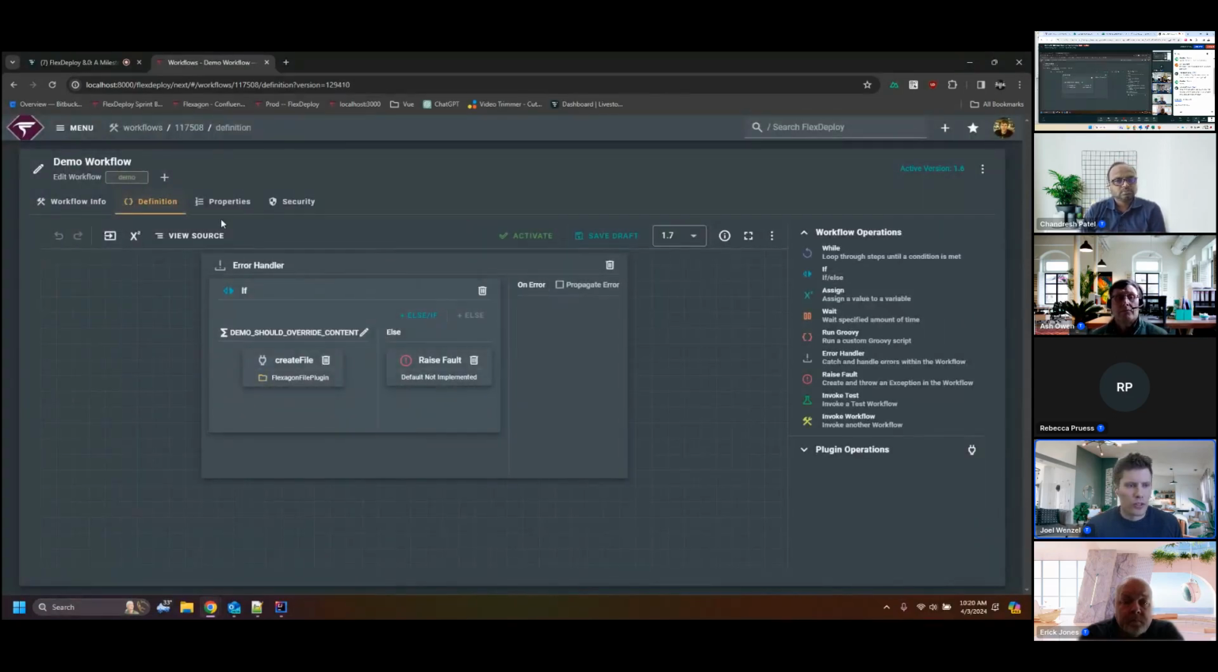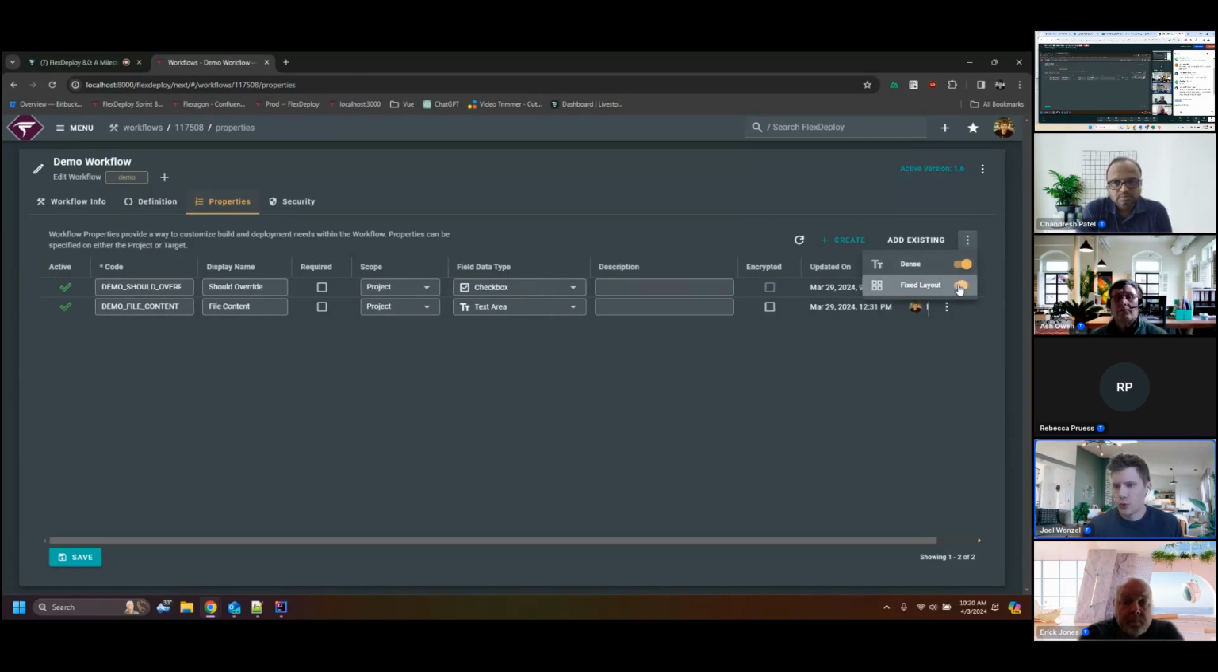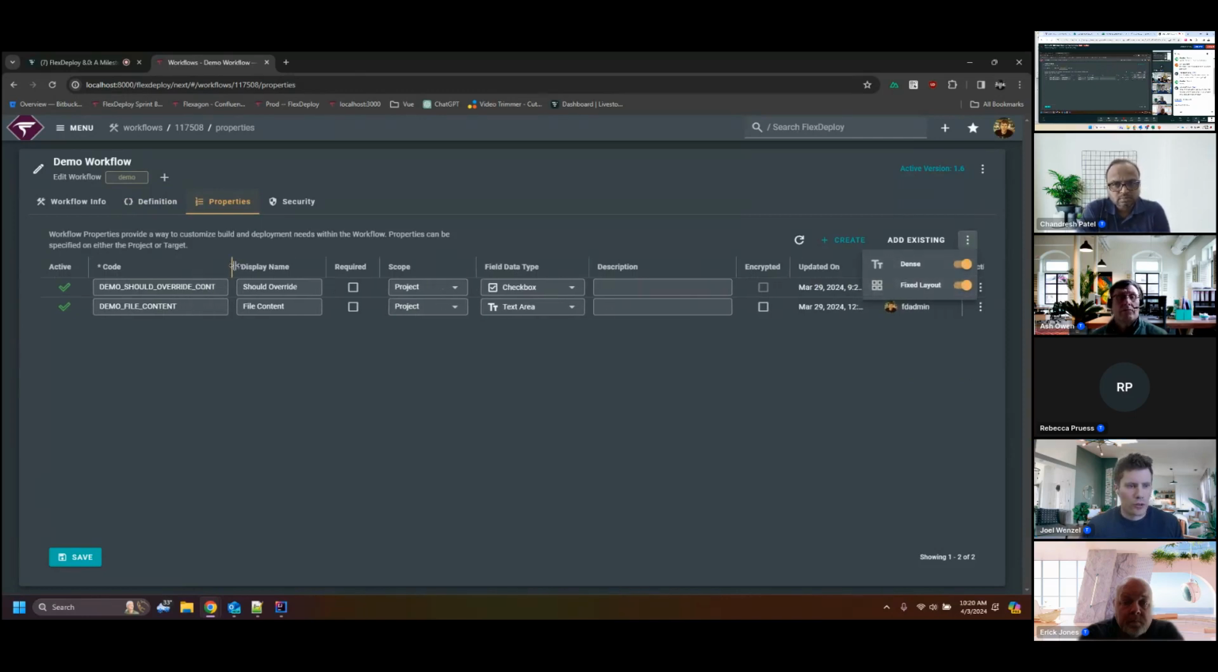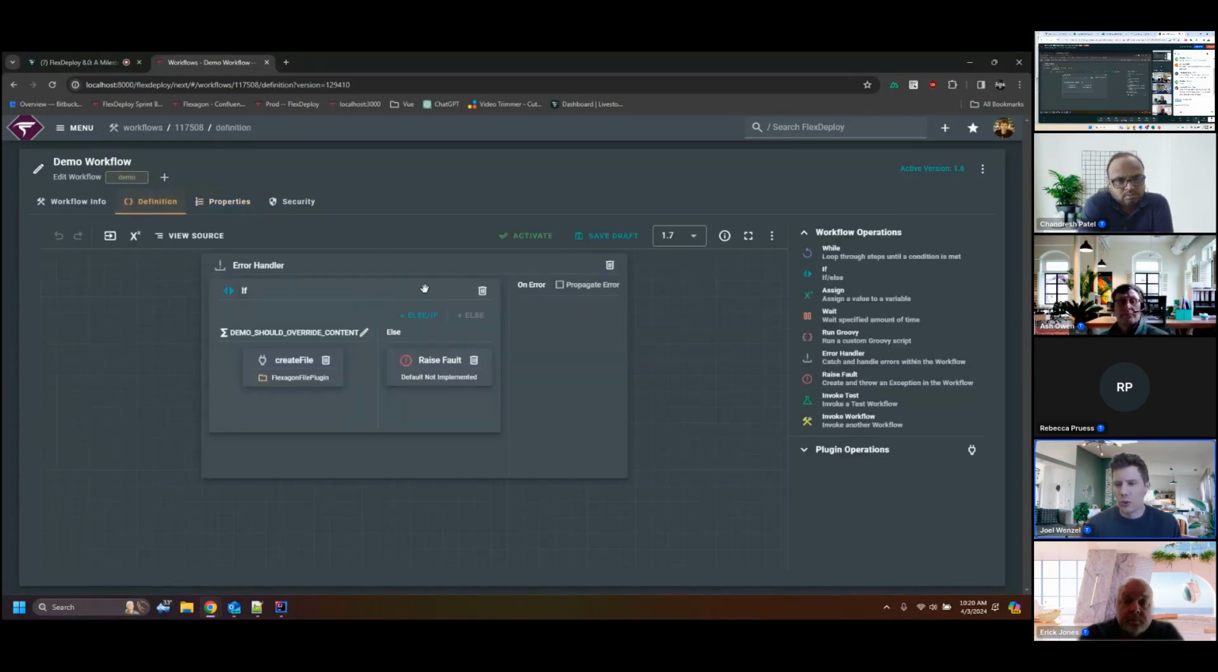And just to save that real quick, these are the two properties that are defined, so you guys can see that. These are the two properties defined in our workflow properties here. Our demo file content is going to be specified on the project, and should a project specify this content, it's going to write the file with that content. Otherwise, it's going to use some default content. And this checkbox is just to indicate whether we want to use the default or the overridden content. So it's kind of convoluted,